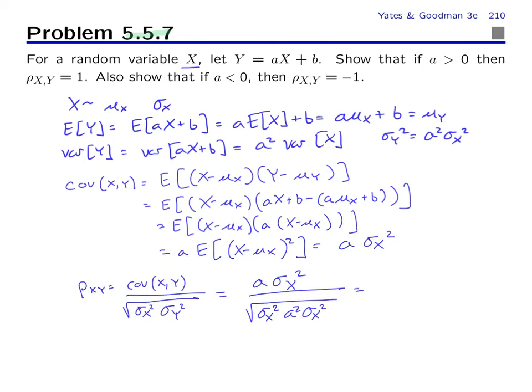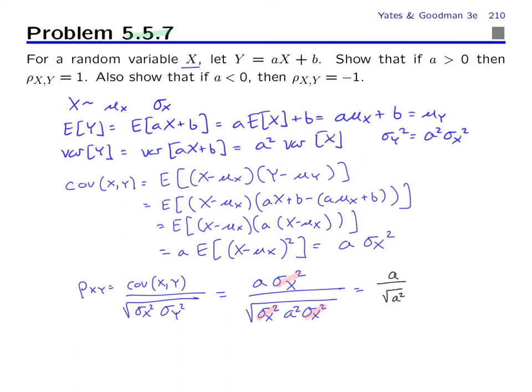And now putting this together, we get that sigma x squared is canceled by the square root of sigma x squared times sigma x squared, and we're left with a over the square root of